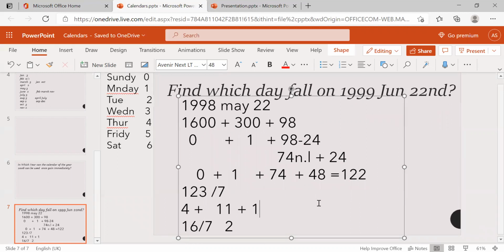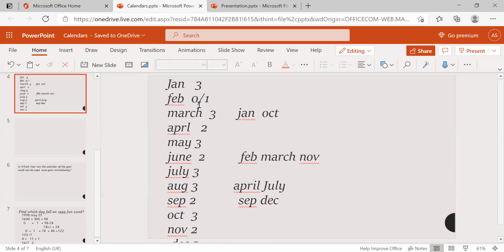This is one method to find the day by using odd days. For this, you need to know the concept first of all. What is an odd day? How are we going to find the odd day? What is a leap year? Odd days for leap years, odd days for non-leap years. Everything you should know. If you know the concept, then it's very easy. Every time you don't need to go here and check this.